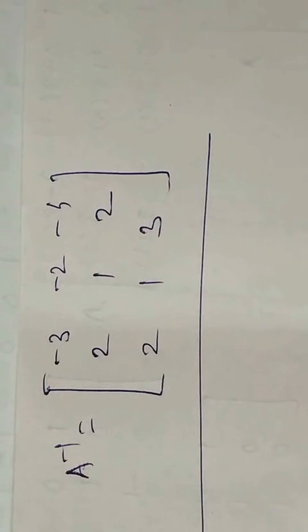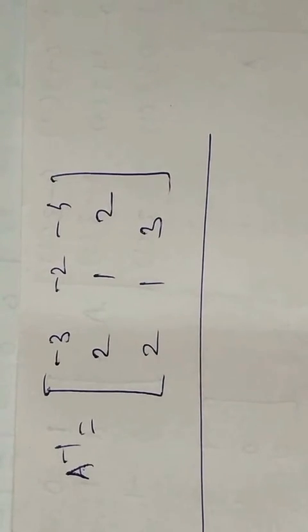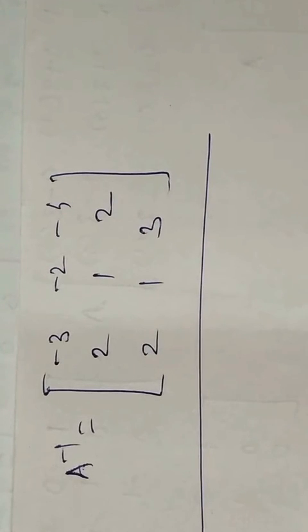It is the simplest way to find A inverse, and it is the most correct method as compared to the row and column method, because many times when we solve by the row and column method, if some minor mistake is there, the answer will be wrong. But here you must just know how to find the minors, cofactors, cofactor matrix, adjoint matrix and inverse. It is a very simple way to find the inverse by adjoint. Using this you can find the inverse of a 3 by 3 matrix or a 2 by 2 matrix.